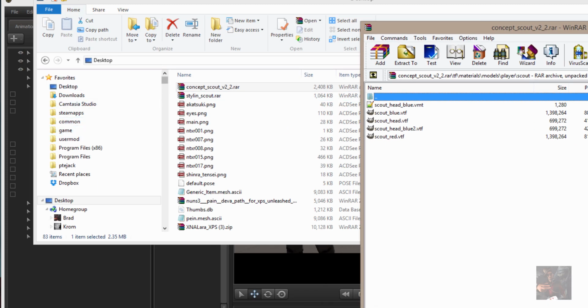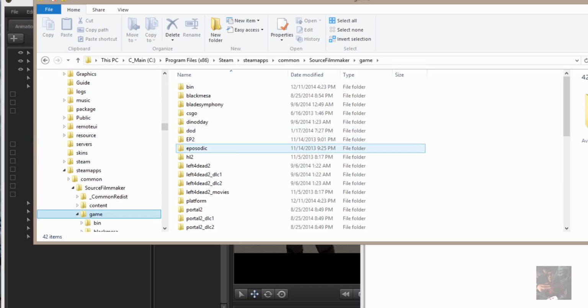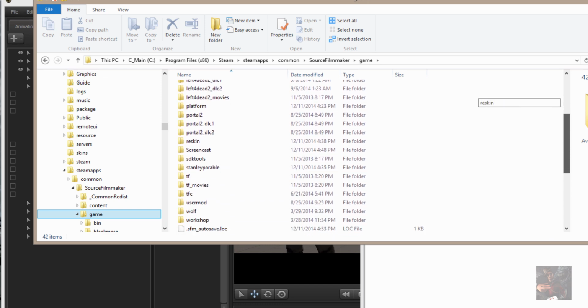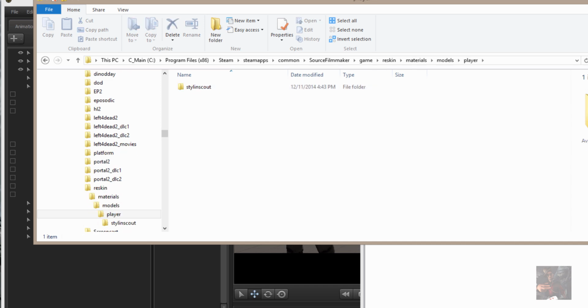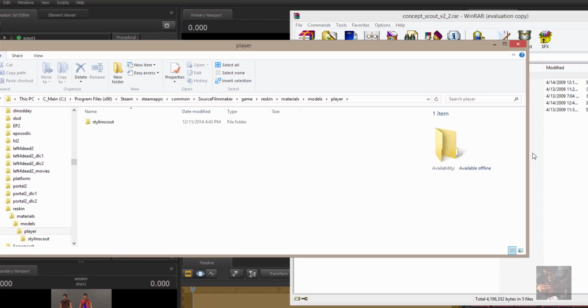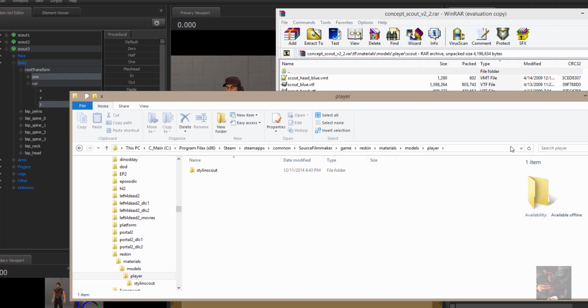So I'm going to go to that reskin folder that I created. And because the path is already made, I'm not going to have to fiddle around with it. So materials, models, player, and right here, I'm going to add concept Scout,